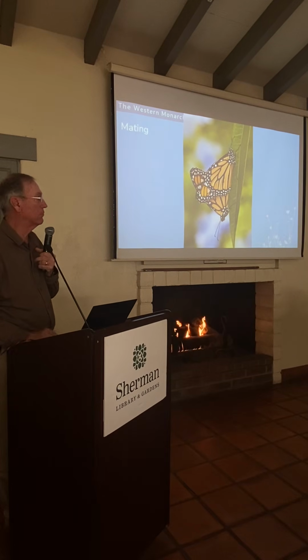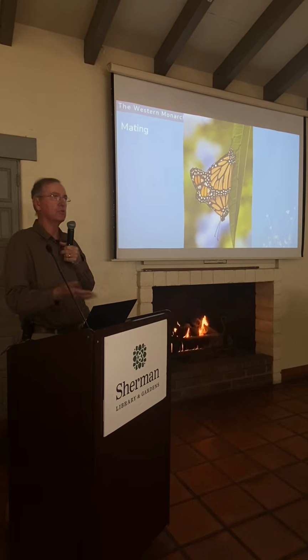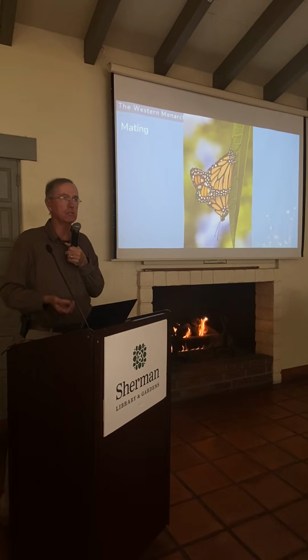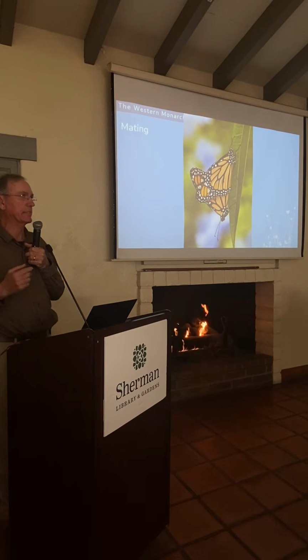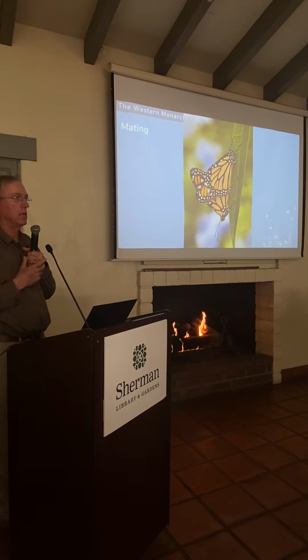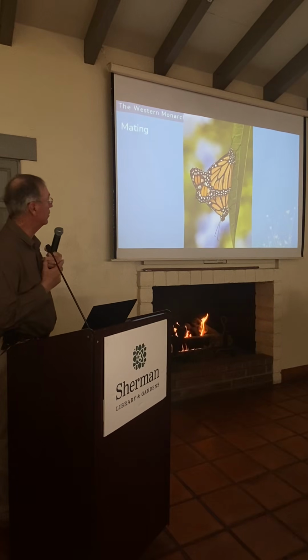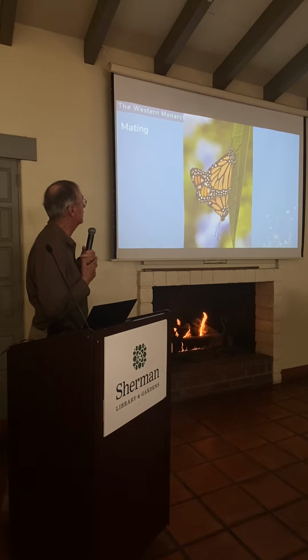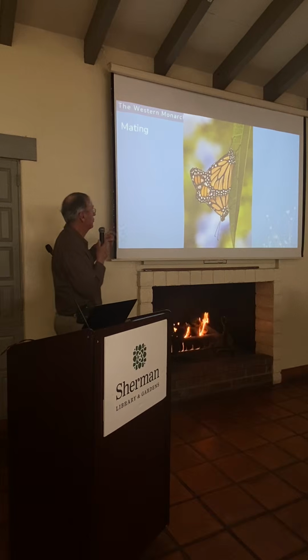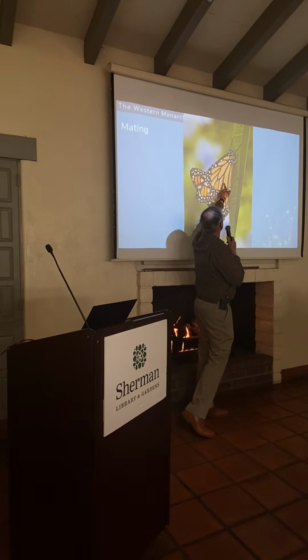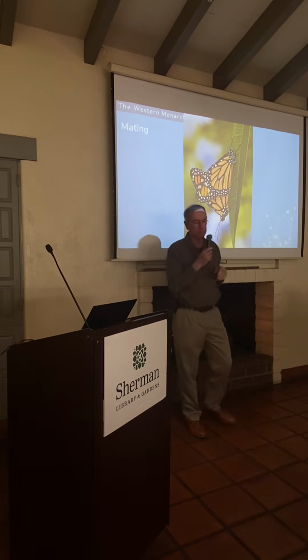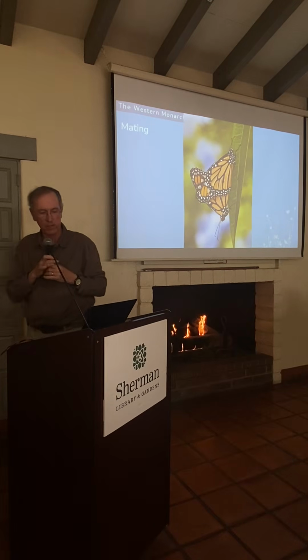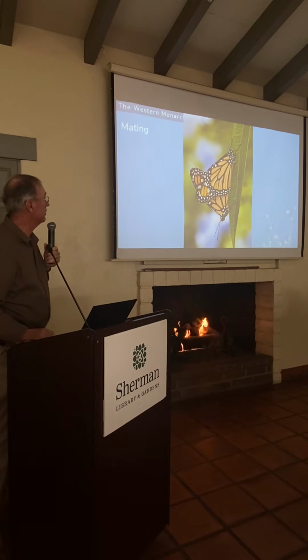Well, one of the first things that a monarch does is have a little sex. It's programmed to reproduce itself and to continue its existence, so it can't do that until it mates. So it's looking for a mate right away and finding one. This is a male monarch at the top and a female at the bottom. If you're really into monarchs, you can tell males and females by this little enlarged black portion on the hind wing that indicates that it's a male.